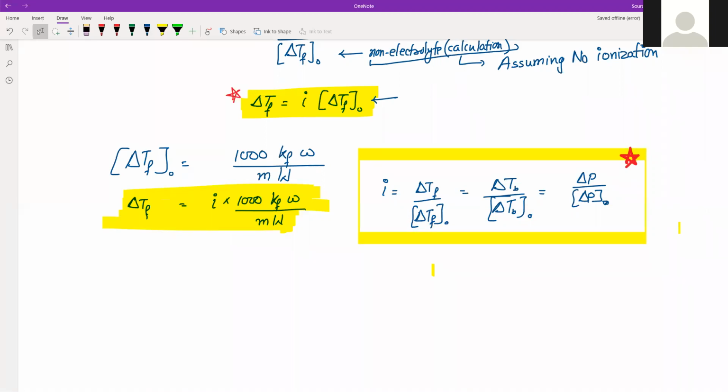And obviously due to this Van 't Hoff factor, or these electrolytes, these colligative properties, which we have used to determine or calculate the molecular mass, are affected. So molecular mass was dependent on these colligative properties. If there is some abnormality in these colligative properties, the problem will get reflected in the molecular mass as well, right?